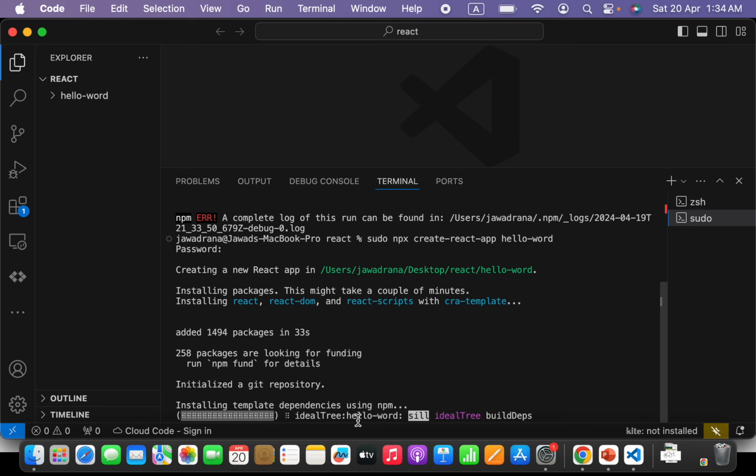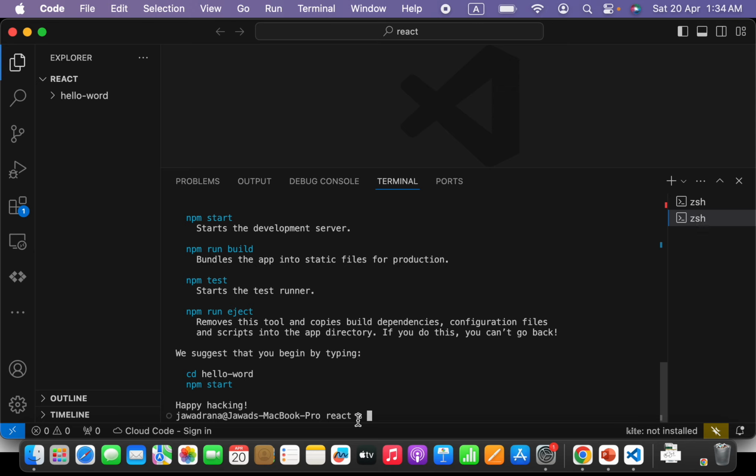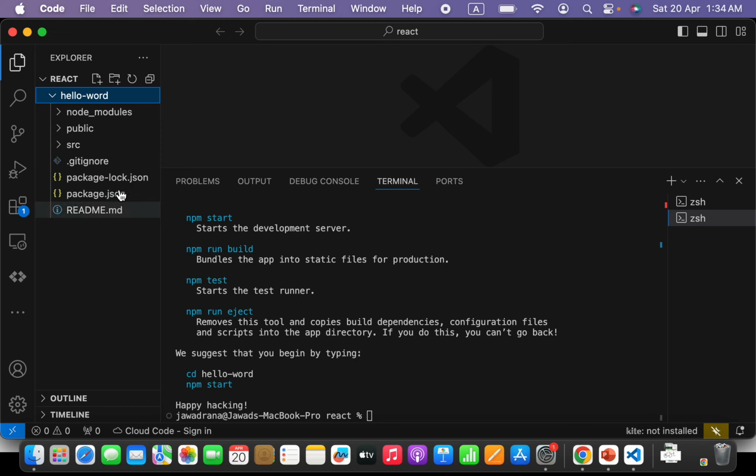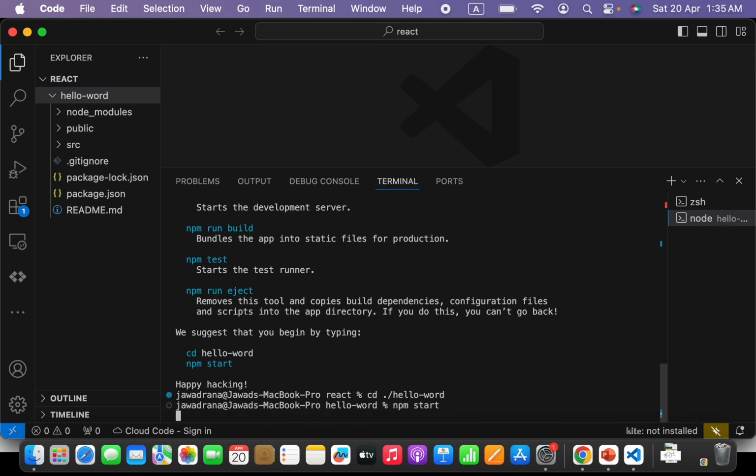Yeah, here we are. Now downloading done, installation done, and that's it. Yeah, our React.js project is created. So as you guys see, there is a hello world folder created. This is the normal project I have for my React.js. For running this React.js project, I have to go into this hello world folder and I have to write npm start. As soon as I hit enter,